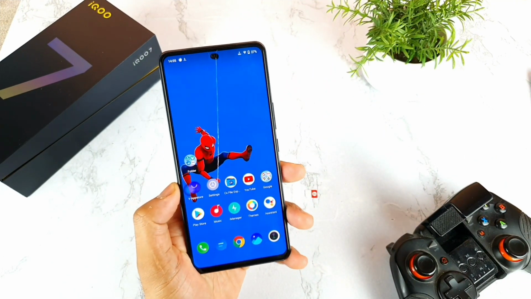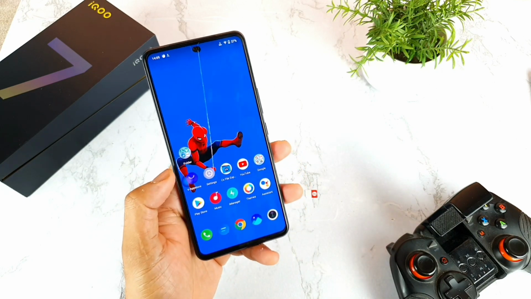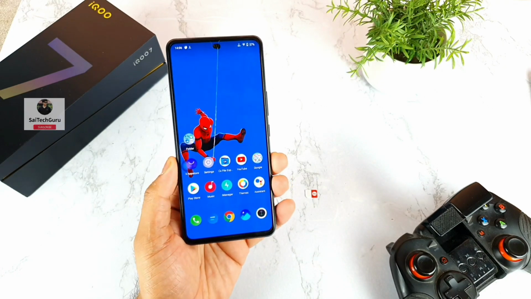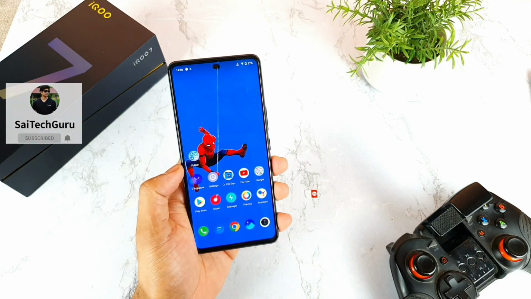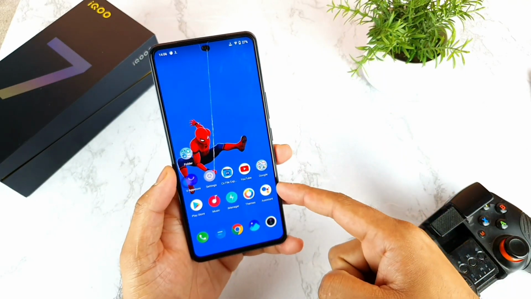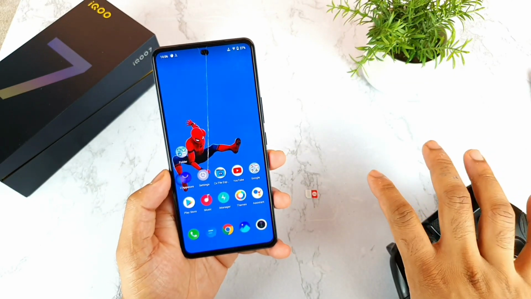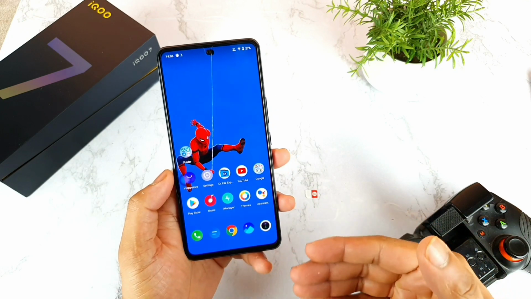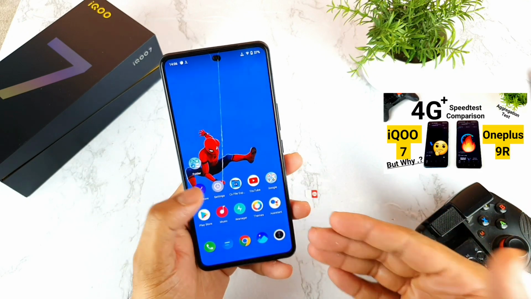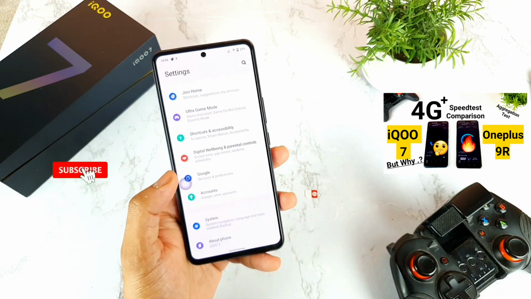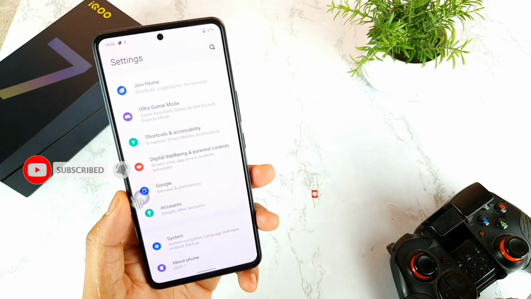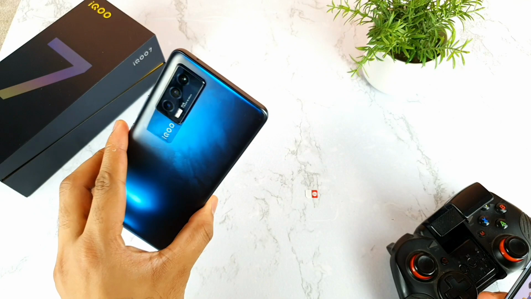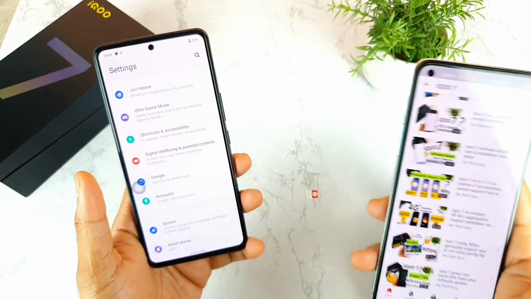In today's video, I'd like to test the 4G Plus aggregation support in this iQOO7 device, friends. This is a test I'm doing after the two continuous updates I have received in this phone. Yesterday I received an update, and the day before yesterday I received an update. After posting plenty of videos regarding the updates, a lot of users asked me two questions. One is regarding the green tint issue, and the second is regarding the 4G aggregation in this phone. So these are the two requested videos which a lot of people asked for.